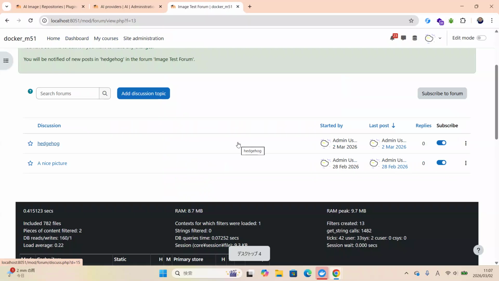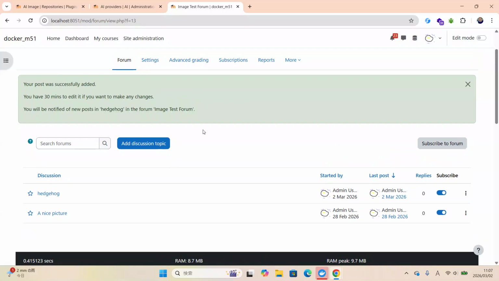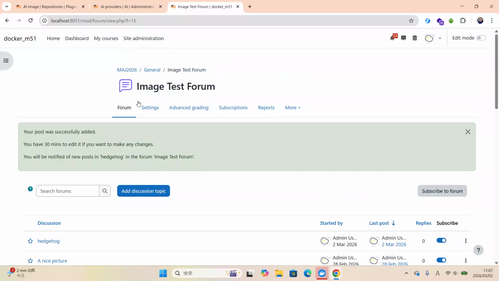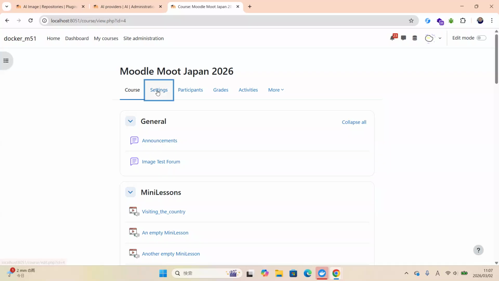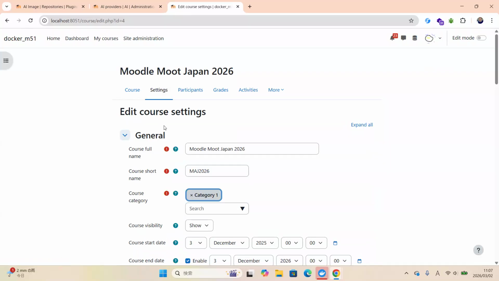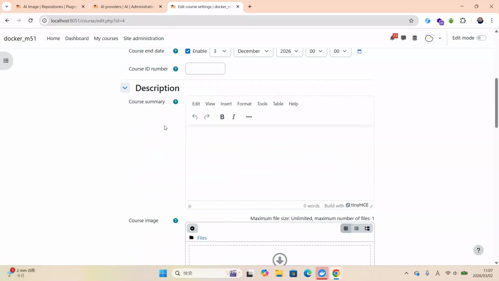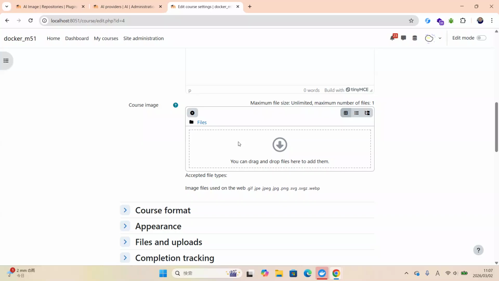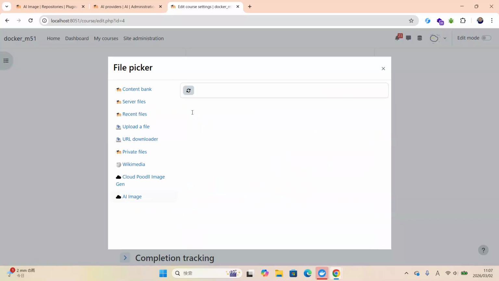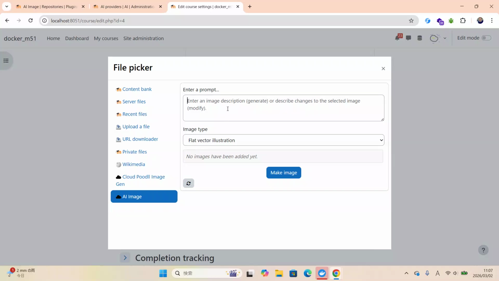So go back to our area here, and since we did talk about doing it as a course image, let's do that over in the course image area. So let's go to the course that we've got here for the Moodle Moot Japan 2026. And if we scroll down here, we do not have a course image. Look at that, but we would like to have a course image. So if we pop that open here and we put in the prompt that we want for the course image,